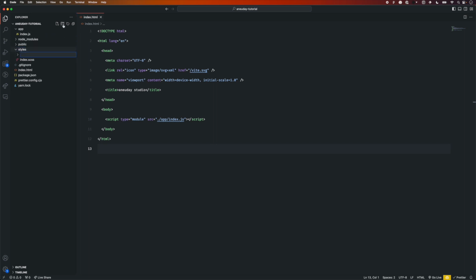So the first one is going to be abstracts. And then we're going to have a base folder. And we're going to have components, layout, and pages. So we're going to add files to each of these folders, and we're going to import everything in our index file. So in our abstracts folder, the first thing we're going to add is a variables